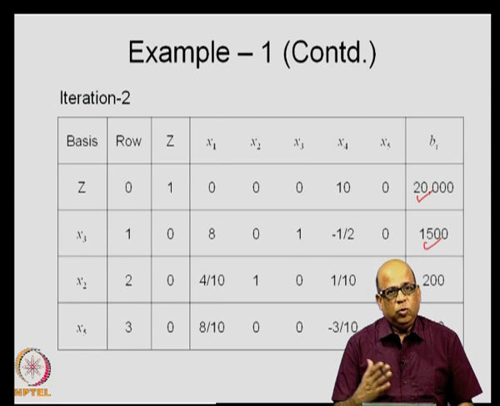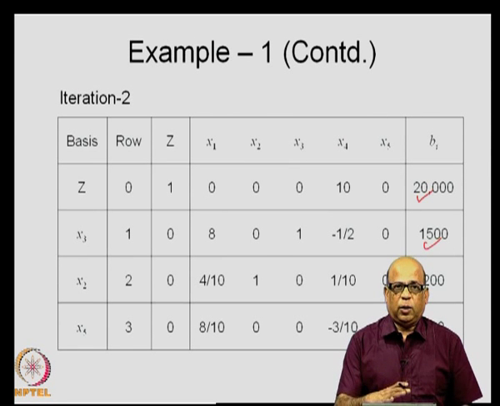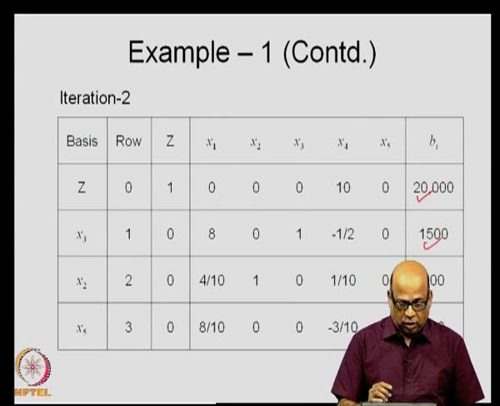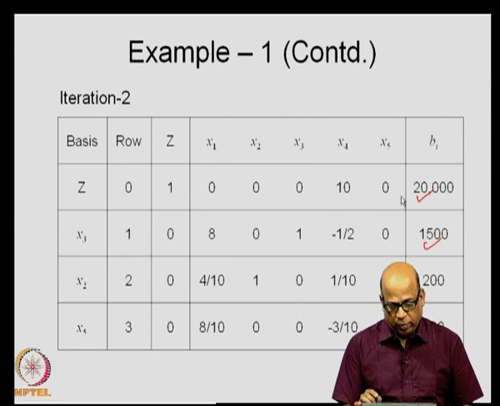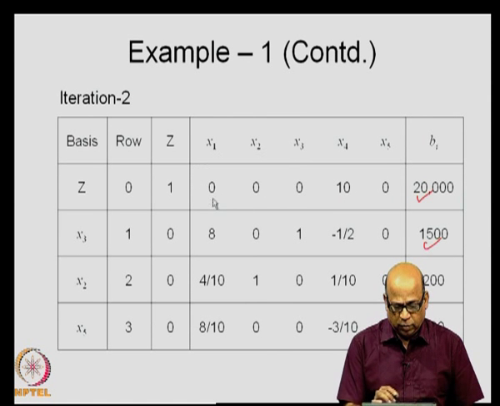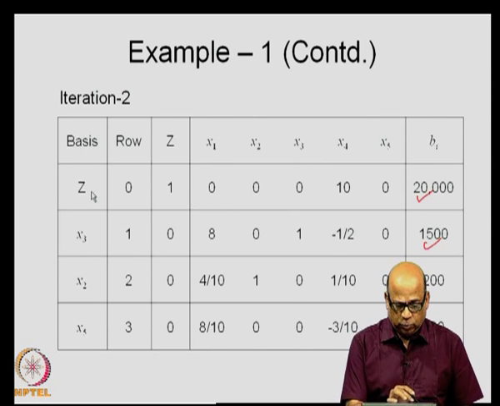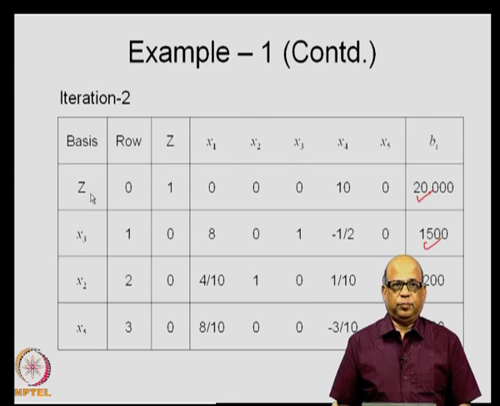Now, anytime you write the W completely for that particular iteration, what is the question you will ask? You will ask whether this particular solution is optimal. Is the solution optimal? To answer that, you look at the coefficients in the z row of all the variables. If all the coefficients are non-negative, then the current solution is optimal. In this particular case, all the coefficients are in fact non-negative, and therefore, this present solution becomes optimal.